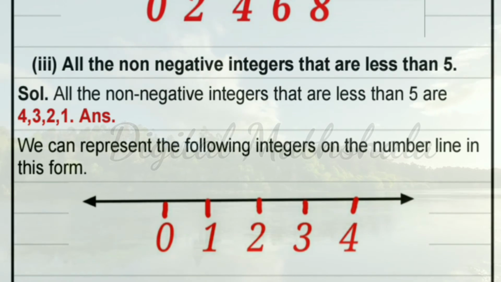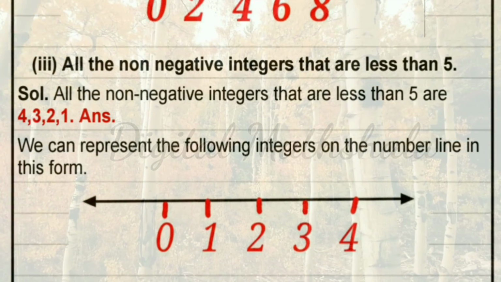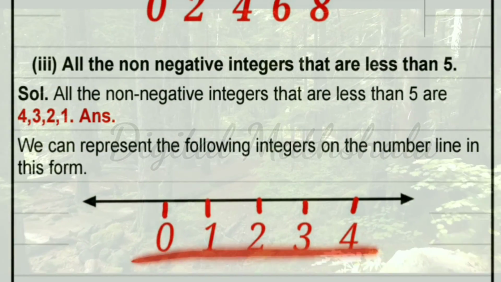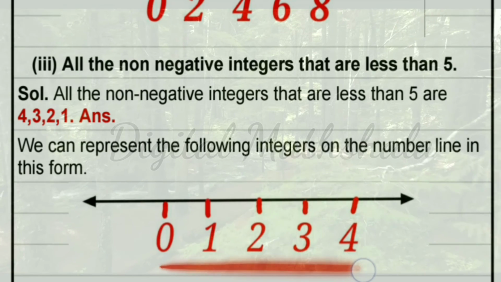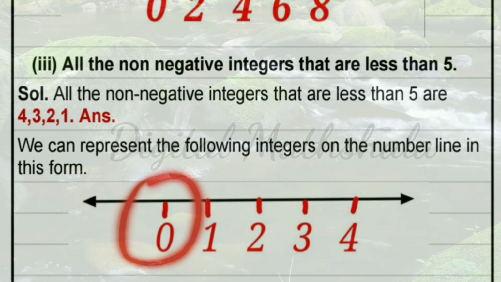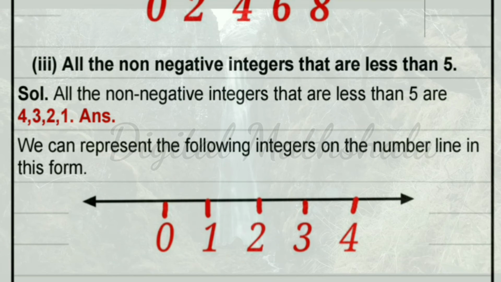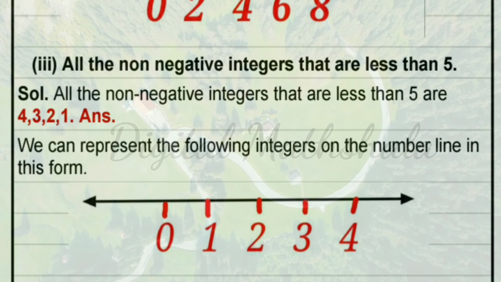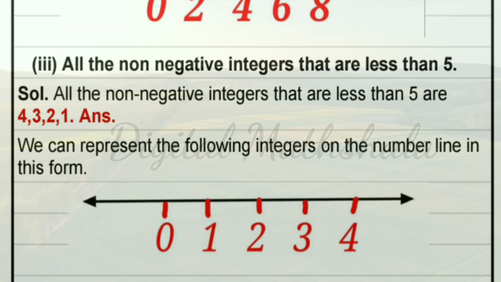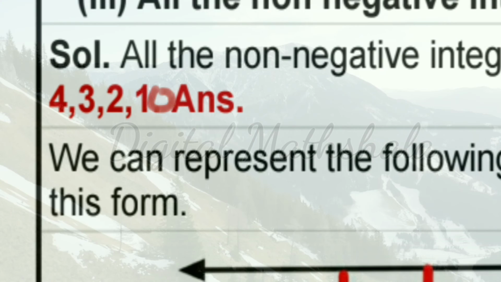So all the non-negative integers we will see. He is not saying even or odd, so that is why we will write all the numbers. Okay, so 1, 2, 3, 4, all the numbers we will write here. But in this we will include 0 also. Why? Because 0 is neither positive nor negative, so 0 is not a negative number, and we will consider 0 also. I hope all the things are clear now. Here I forgot to write 0, so please correct that. 0 will also come. Okay.